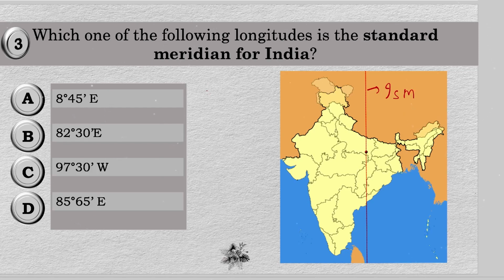And now it passes through 5 states, and we have to remember the names of these states. The first one is UP, the second one is MP, the third one is Chhattisgarh, the fourth one is Odisha, and the final one is Andhra Pradesh. And the trick to remember this is Macau, the sound made by monkeys. Macau. M for Madhya Pradesh, A for Andhra Pradesh, C for Chhattisgarh, O for Odisha, and U for UP.